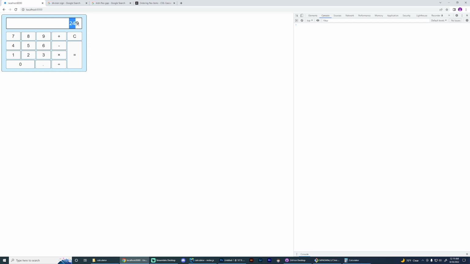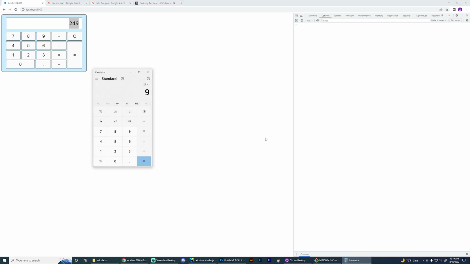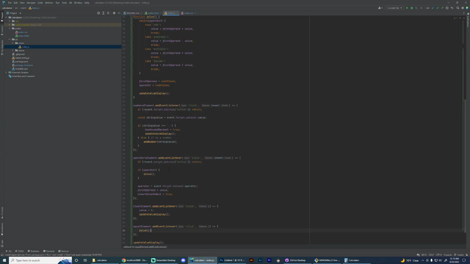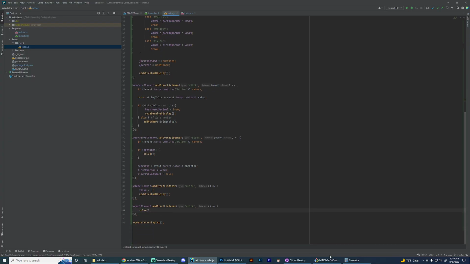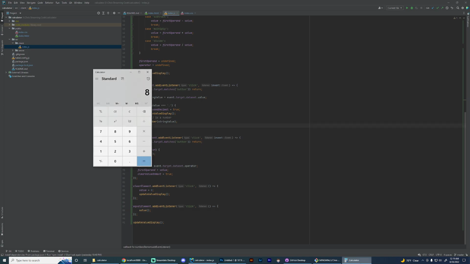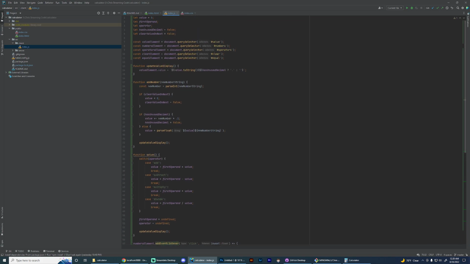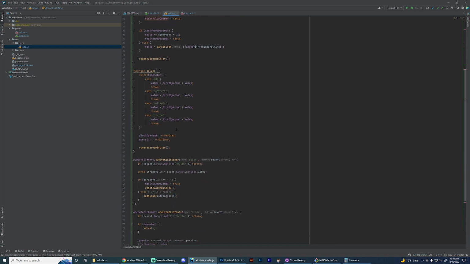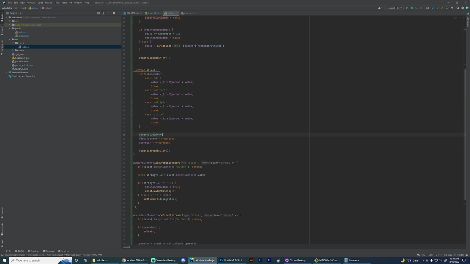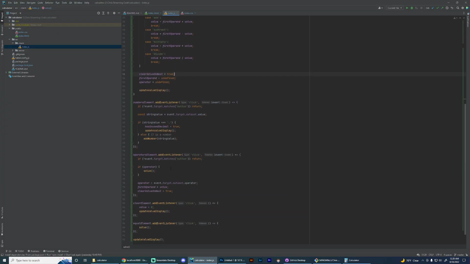So we need to also do, if we just got an equation and we don't hit an operator, so let's look at the Windows one again. So 9 plus 9 equals, and then I just hit 8, it clears it out again. It doesn't do that. Which is actually different than if I do 9 plus 9, but yeah, it is the same. So if I just had an equal, then it should also clear value on next. So we already have all that clear value on next logic. Let's just pop that into solve as true, because we will. And then in the operator,